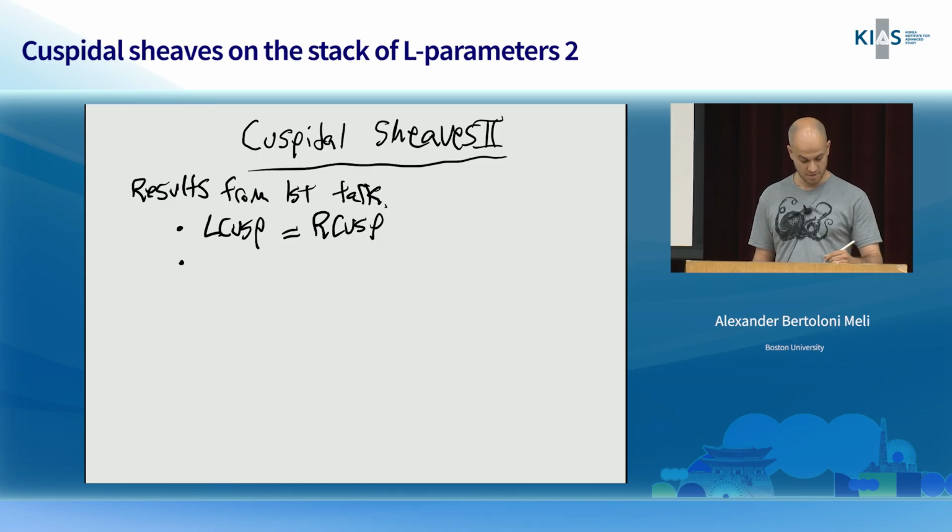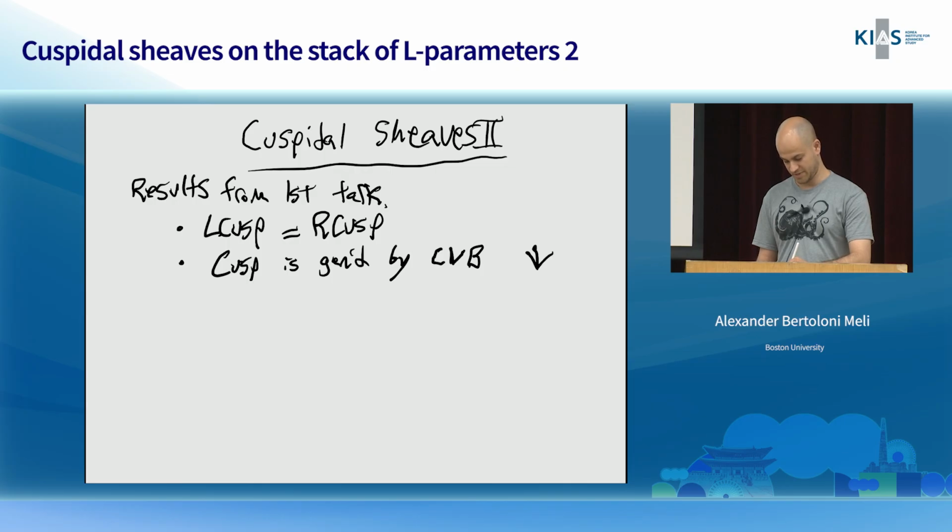There's also cusp, which is generated by these cuspidal vector bundles. Just a reminder, there will be some vector bundle on the Vogel variety V lambda, and